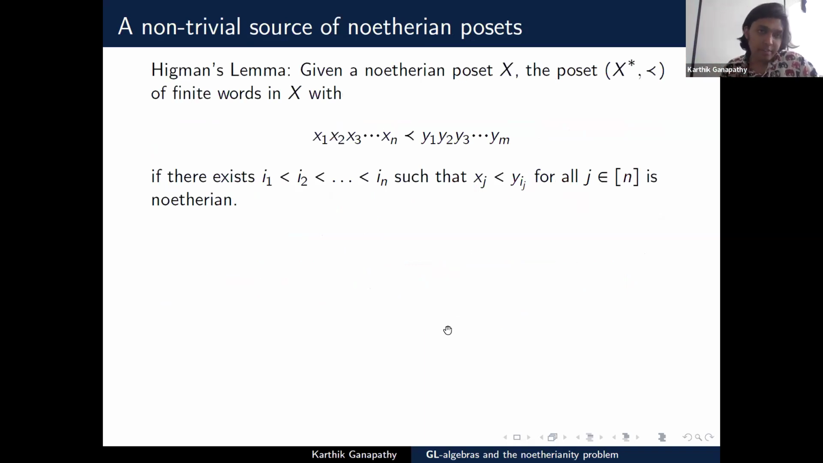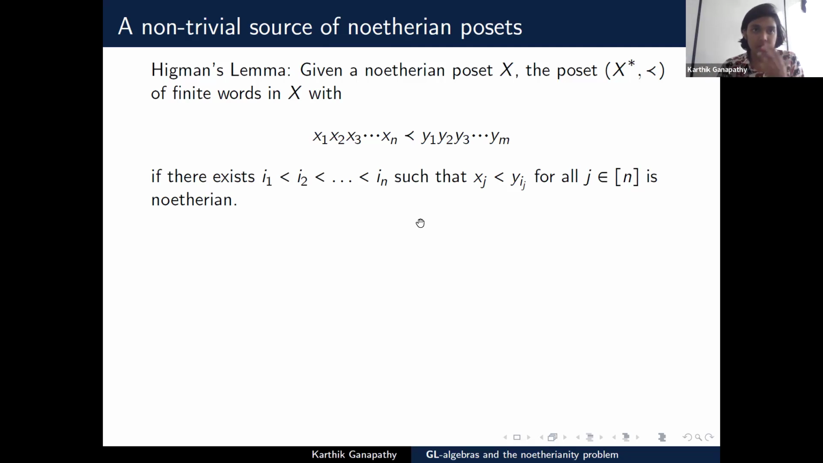So now there's a fairly more difficult result about Noetherianity, which I also mention because it will give us really interesting algebraic objects which are Noetherian. If you give me a Noetherian poset X, I define the poset X star, where X star is the set of finite words with alphabet in X, with an ordering that I'll define. If you give me a word x1 through xn, I say it's less than y1 through ym if I can find a subword of y1 through ym of length n, where pointwise the y's are greater than or equal to